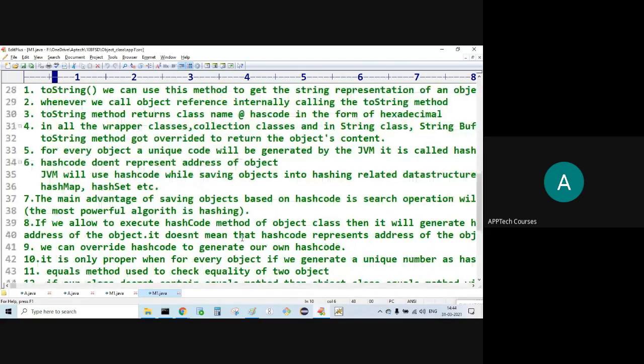Object class is the super class of all the classes.